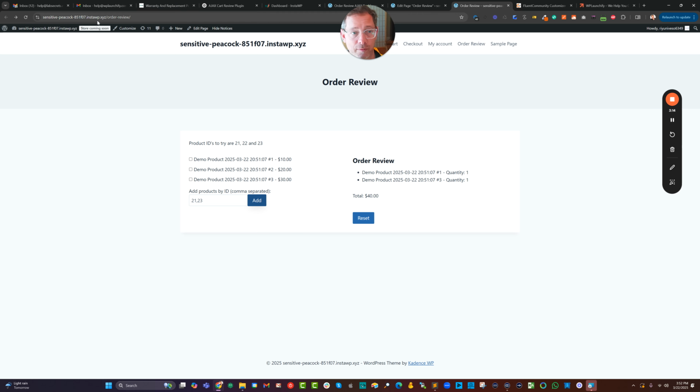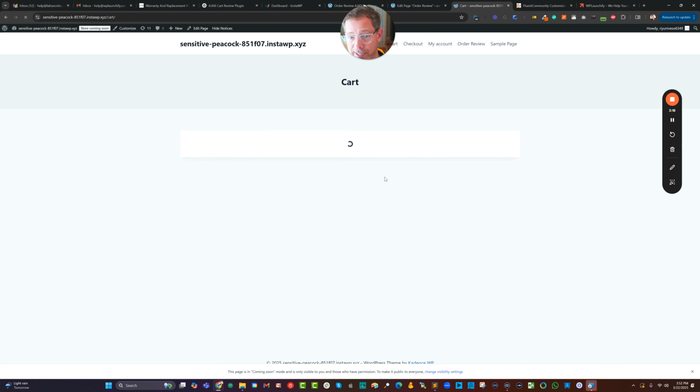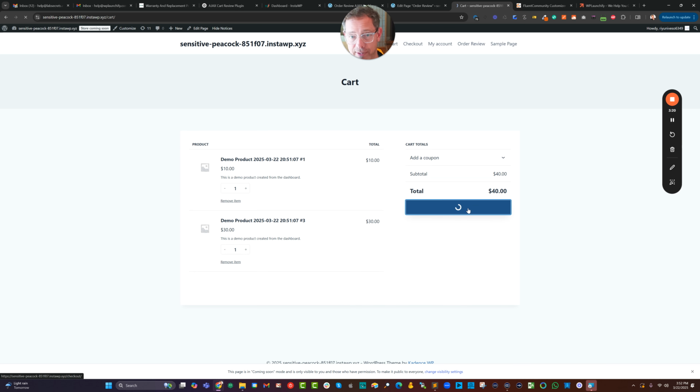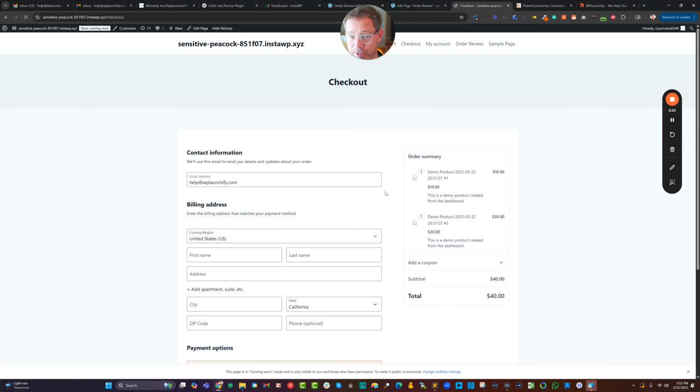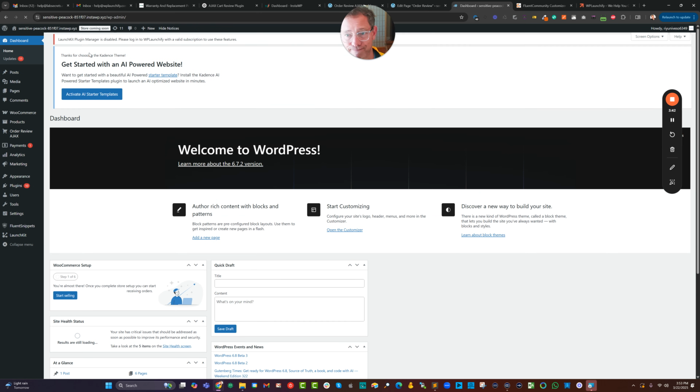Then if we were to go over to the cart, we will see that these products are already in there, ready to purchase. We could even go right to the checkout. They'd be ready to purchase. The concept in my mind is that we should be able to have a way that LaunchFlows can literally allow you to decide these little singular shortcodes that will put any of the products that you want to sell anywhere, anytime, with all the details, without having to go and do all of the back end setup